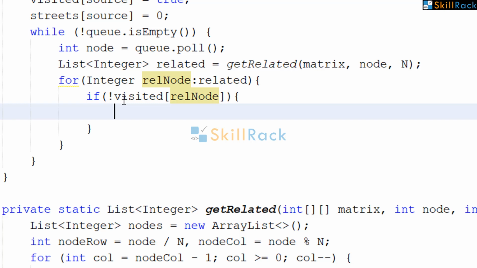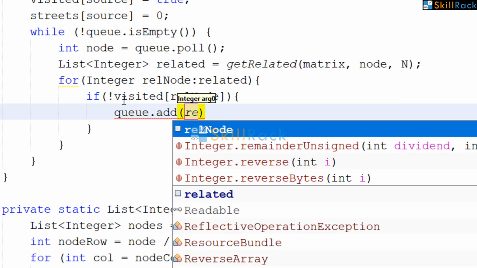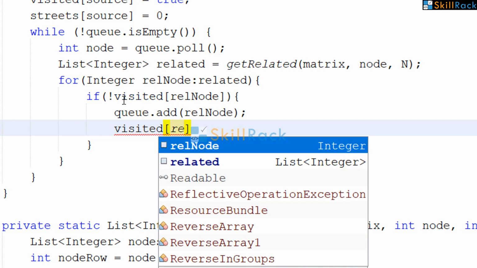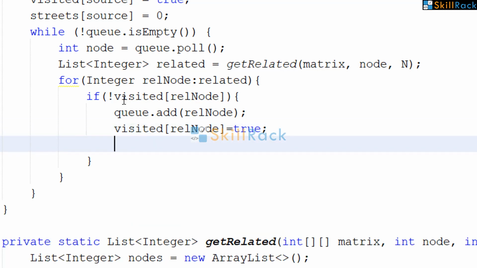If they have not been visited, add it to the queue and then mark them visited. And after that, increment the street count of that particular related node to 1 plus the street count of the current node being traversed.